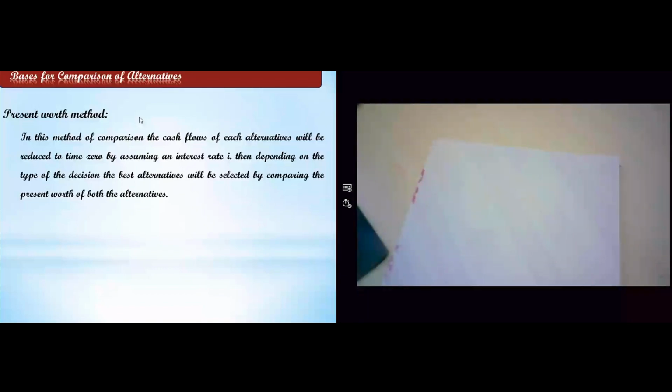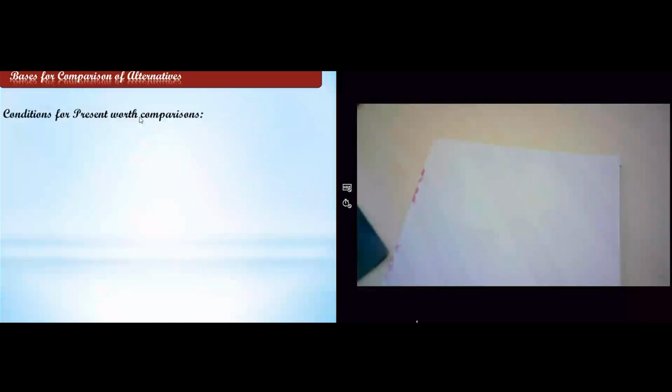But how to arrive at a final conclusion is one important thing which you need to know here. To make a decision or to get the final value and its inference, we will be using two types of approaches. One is the cost dominated cash flow approach, and the second one is the revenue dominated cash flow approach. But before moving on to that, there are some conditions which we have also studied.